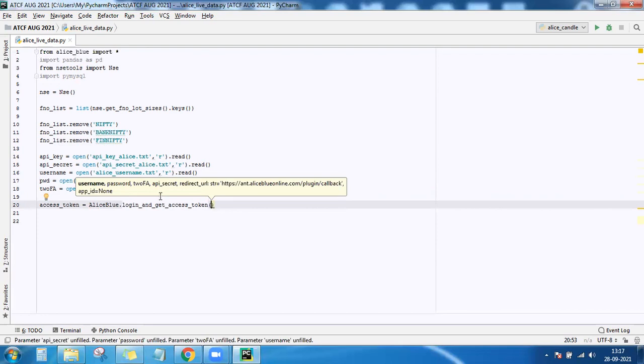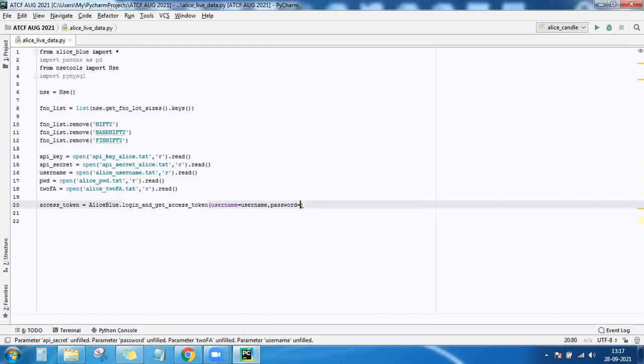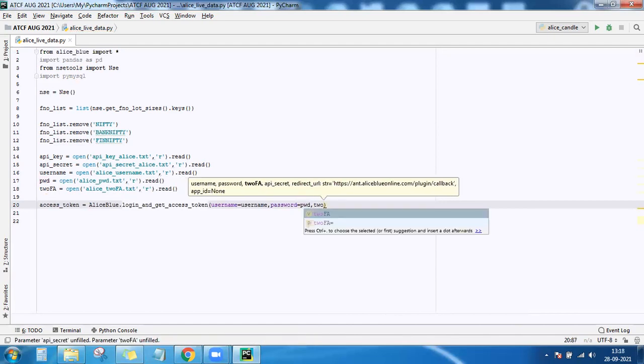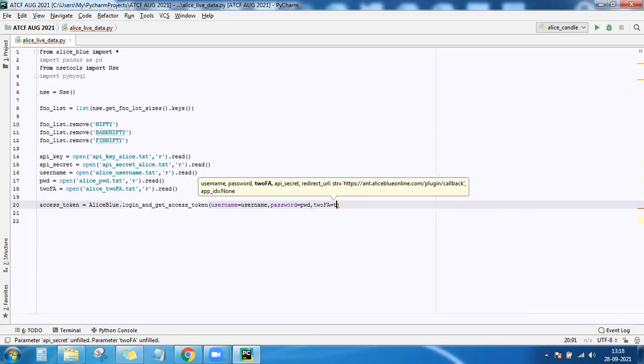So redirect URI, even if you don't mention it, by default the same thing is taken. Now the first one is the username. So username is equal to username. Password is equal to pwd. Two-factor authentication is the same.